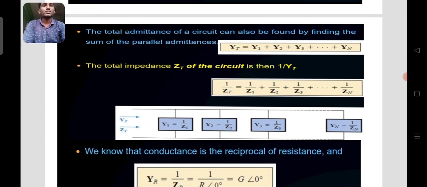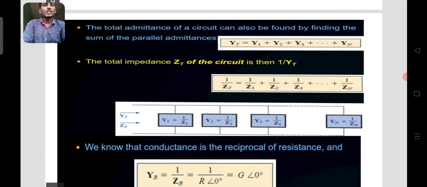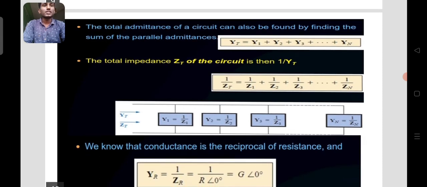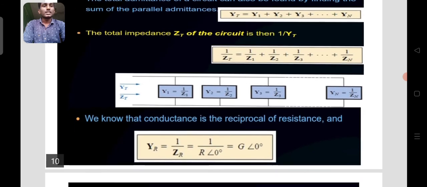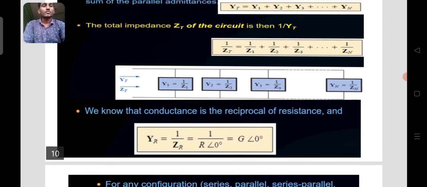calculating the total impedance. Admittance of a circuit can also be found by finding the sum of the parallel admittances. So when admittances are connected in parallel, we get the total admittance by the summation of each admittance element. So total impedance Z of the circuit is then the reciprocal of admittance. So 1 by ZT equal to 1 by Z1 plus 1 by Z2 up to plus 1 by Zn. So we know the conductance is the reciprocal of resistance, and YR equal to, where YR is the